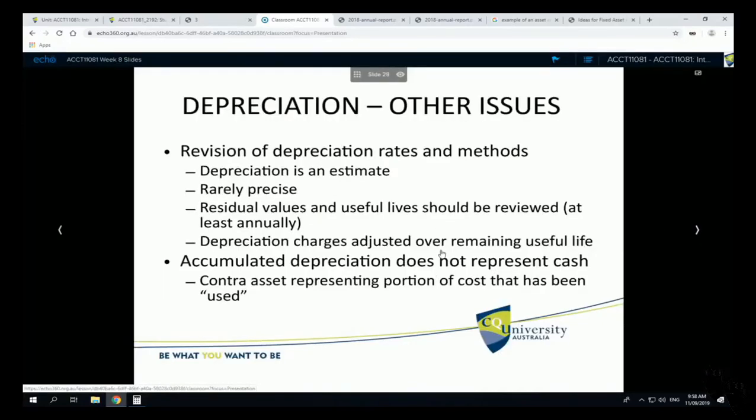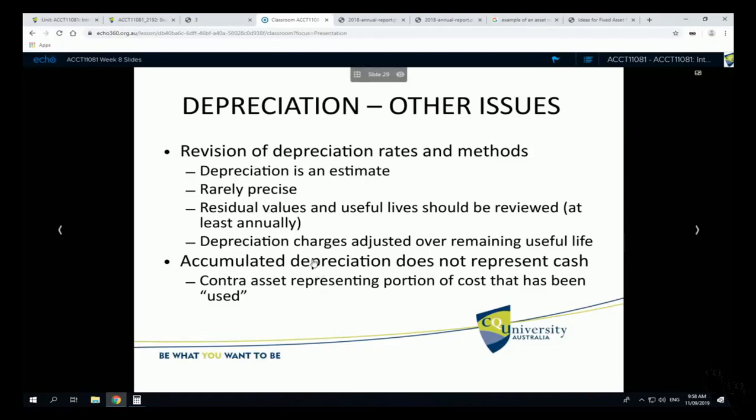Okay, some other issues. I am slowly chewing through my time. Depreciation, some other issues. So again, we've already highlighted that depreciation is an estimate. It's never really accurate, and it never usually does match with what actually happens with the wear and tear of the asset in reality. So to try and counteract that, there are provisions in the standards to say that we should